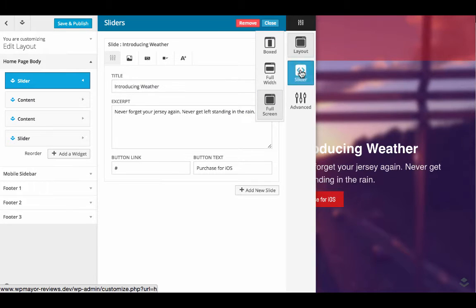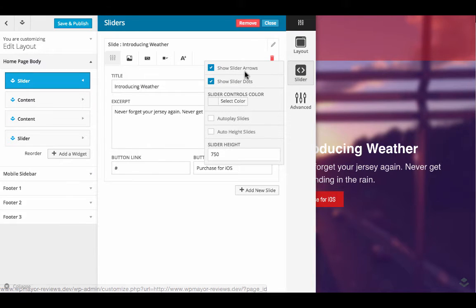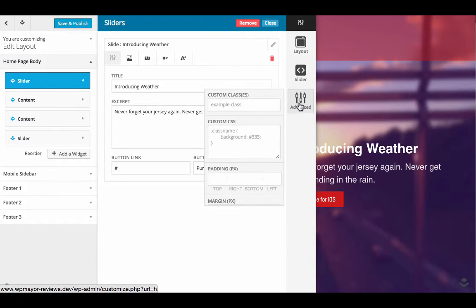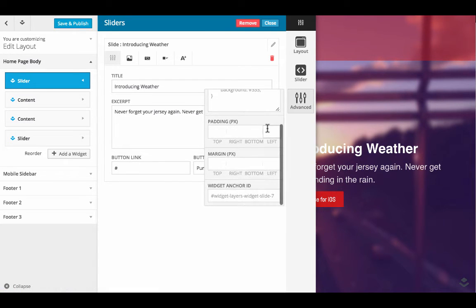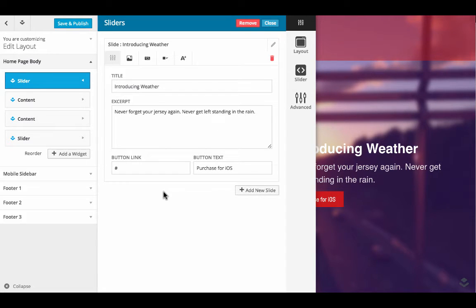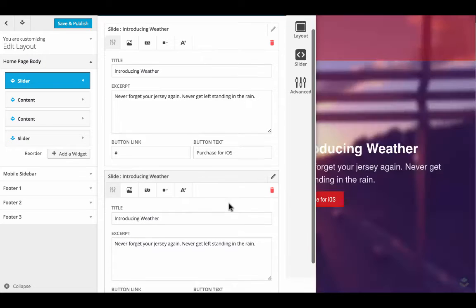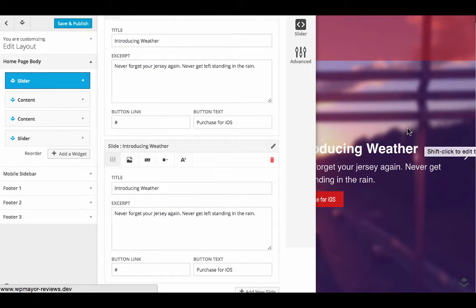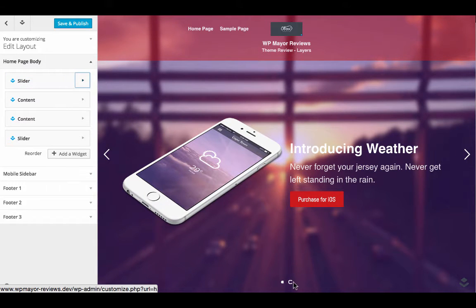You then have the slider options between showing slider arrows, dots, the controls color. You can autoplay the slides, auto height the slides, and you can set the slider height for your choice. And the advanced settings to add custom classes, CSS, your own padding, margin, and widget anchor ID. So let's take a look at how these settings would look when you add a new slide. So as you can see now, you have your arrows appearing, your dots to switch between slides. And if we go in